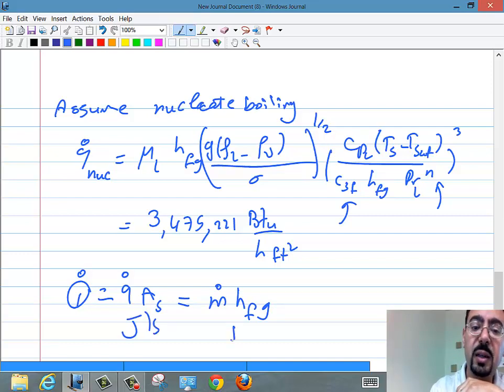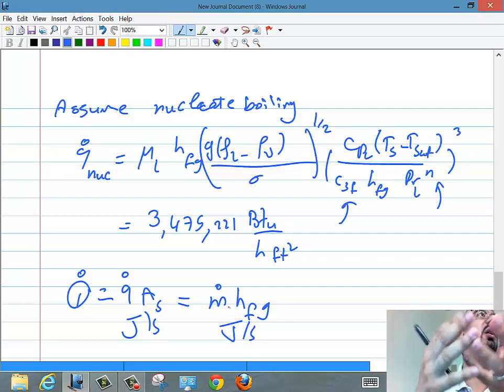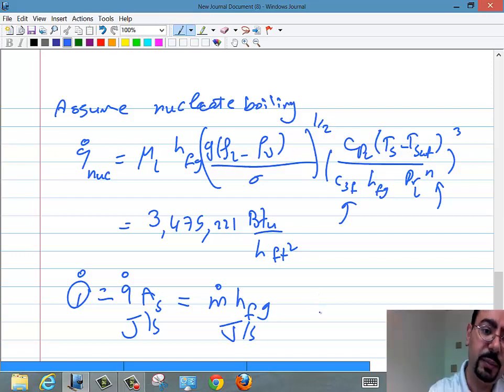Those joules per second are the same as those joules per second. That's the mechanism of sending the heat into the water, basically by turning the liquid into vapor. So q dot multiplied by the area becomes